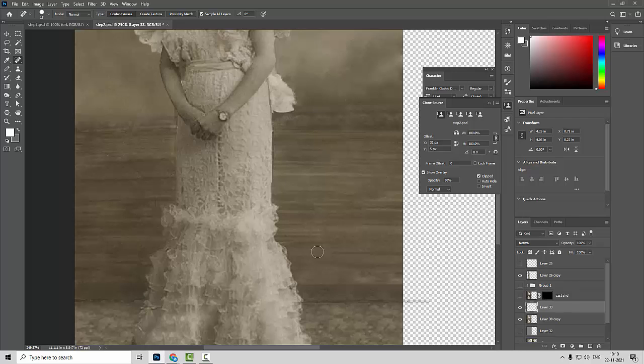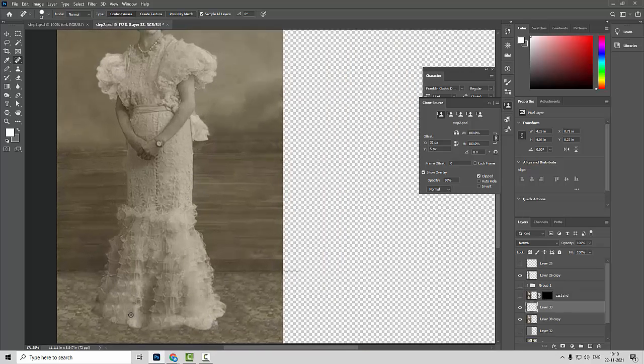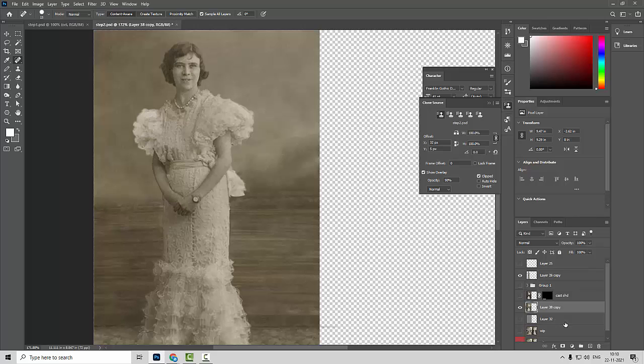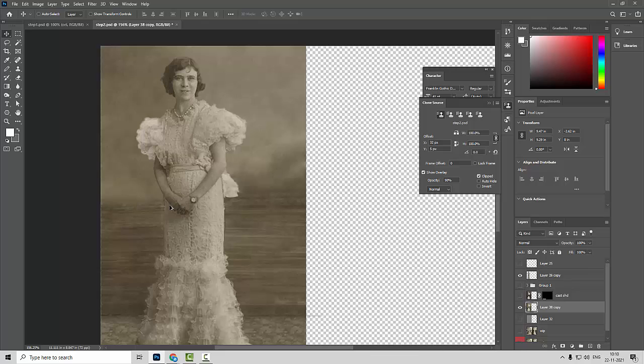Okay, so once we have done this, we are going to do some color correction and some other work. Before that, I take this character and press Ctrl J. Here I select this layer.